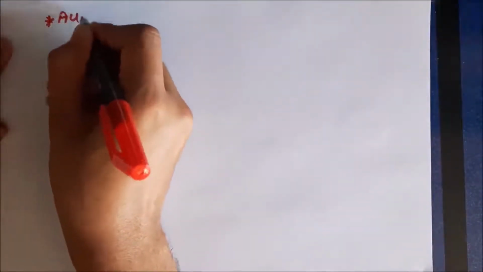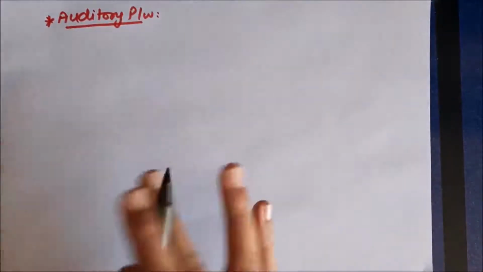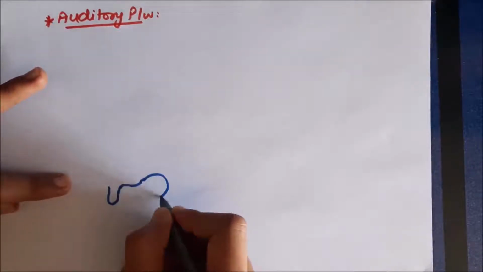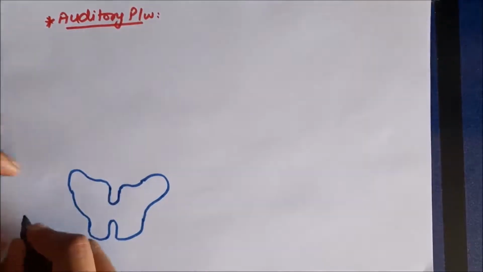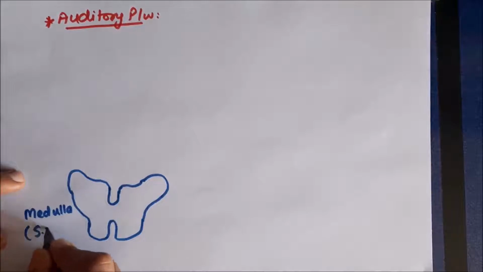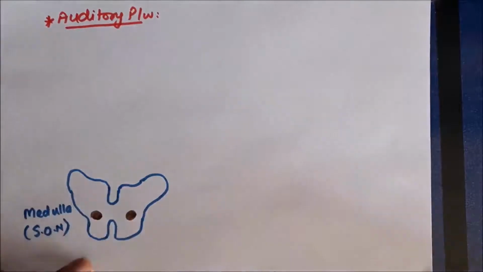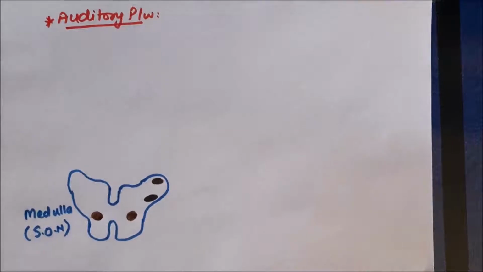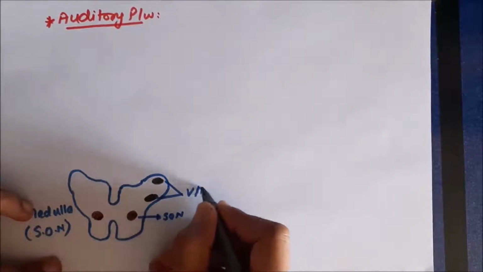Now we go to the last section of the physiology of hearing, that's the auditory pathway. So in order to understand auditory pathway, let's draw some sections of the brainstem as well as the cerebrum. So this is the section of medulla at the level of superior olivary nucleus. Now let me draw the inner structures. So this is the superior olivary nucleus and this is the superior olivary nucleus of other side. Now it also contains the cochlear nuclei, which are the dorsal and the ventral cochlear nuclei. So let's label them. This is superior olivary nucleus, this is the ventral and the dorsal cochlear nuclei.